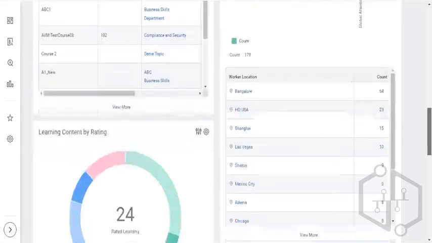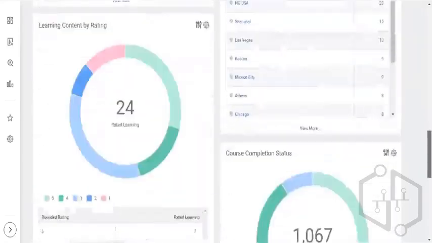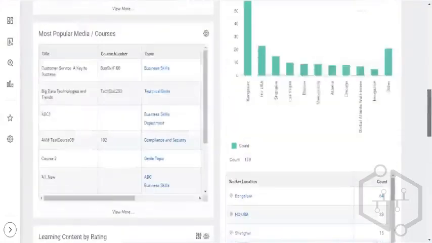Analytics, so that the learning administrator knows how many have completed this course and how many have not, and what kind of learning content ratings we can give. All this we can get from the learning dashboard, which will give you complete exposure on the completions and any kind of